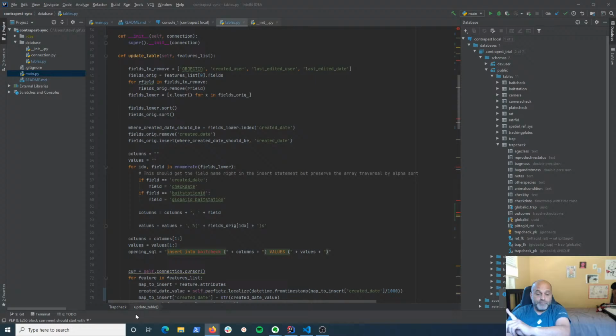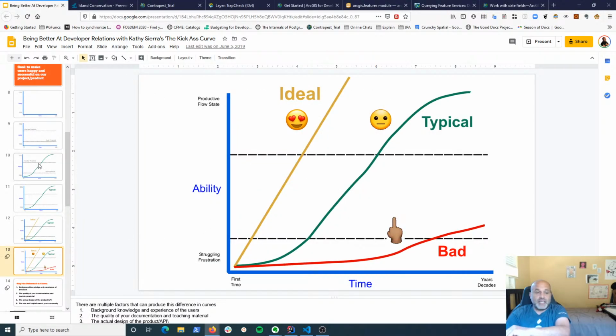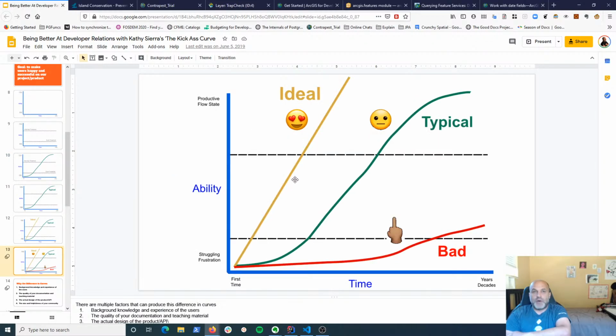And the reason why is because, and I have to keep saying this to engineers over and over again, if I can't get the developer past this suck threshold, they're never going to get to all your cool, exciting features. So that's great that you built all these really cool, complicated features, but if we can't get them up there, she's never going to stick with your thing and never get to your cool feature. So one of your top things, not the only thing, but one of your top things should be making sure this part of the curve is as close to this as possible.